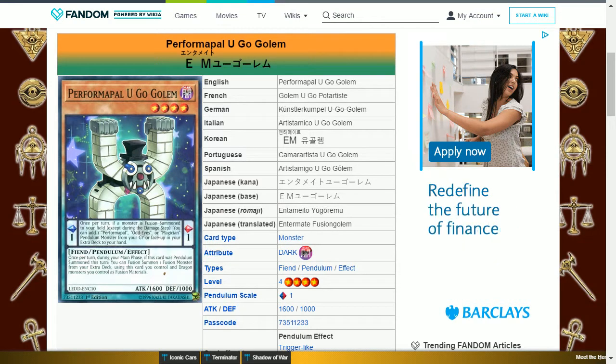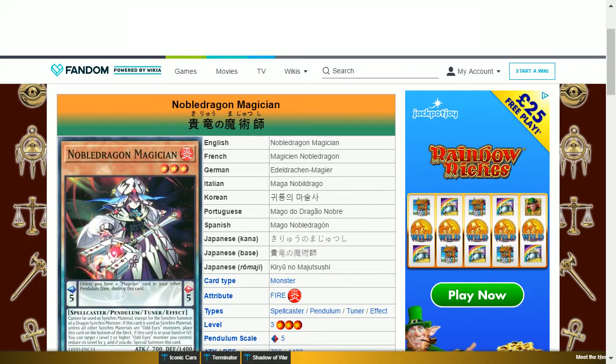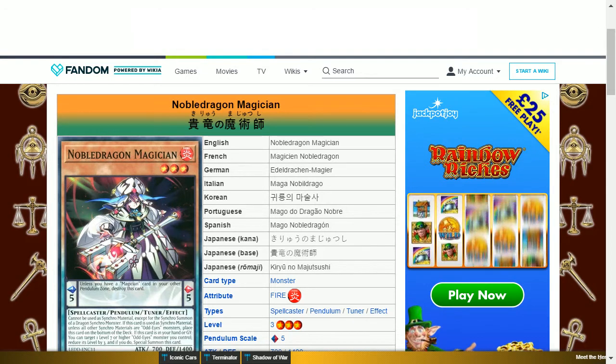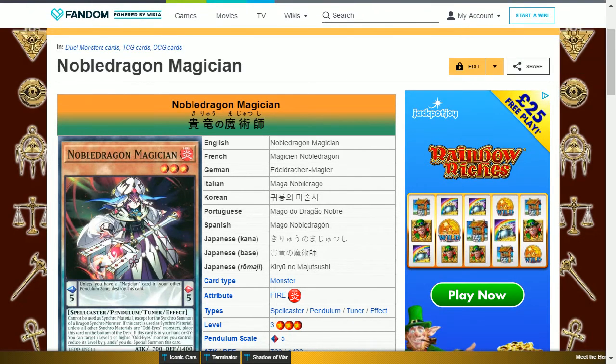This card enables a search as a result of a fusion summon, as well as enabling itself to become a fusion material. The next card is Noble Dragon Magician. This is a fire spellcaster Pendulum Tuner, level 3, scale of 5, with 700 attack and 1400 defense, and its